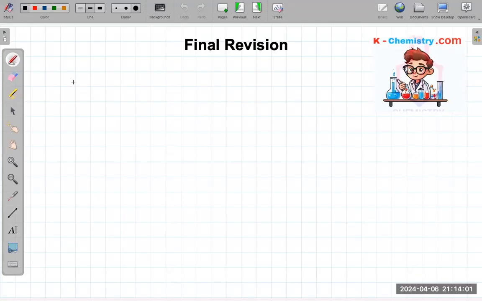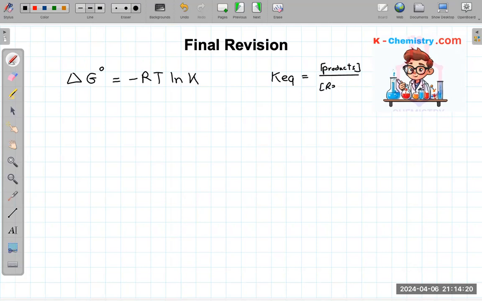Okay, last time we spoke about the equation: delta G in the standard conditions is equal to negative RT multiplied by the natural log of K, where K is the equilibrium constant. We know how to get this one: it is the product concentrations over the reactant concentrations, each raised to the power of its coefficient, and R is a fixed value. This is the gas constant, 8.31,